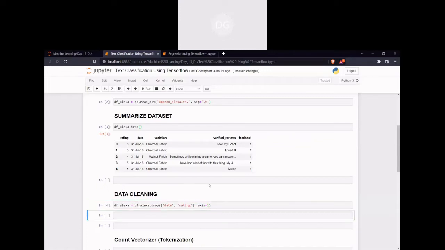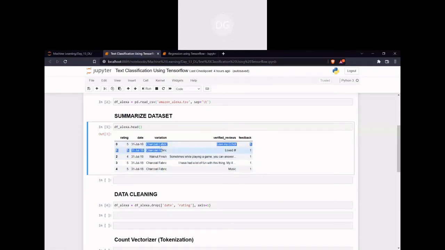Now I have to create dummy variables for the variation. Why? Because only then can we differentiate how many different variations are available in our data set. We have done this before, right? It will assign base 0, 1, 2 like that. If you use the get dummies method, it will convert into 0 and 1. If 0, it means it is not present; for example, assume we have two variants.